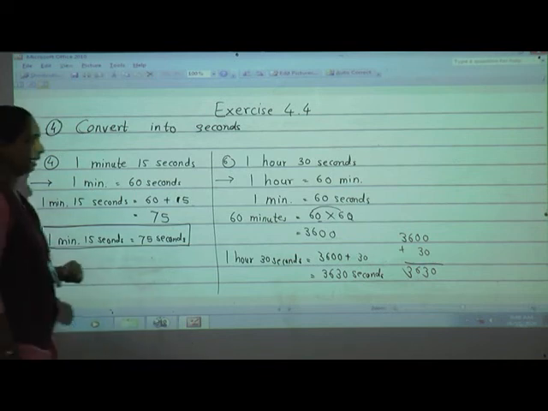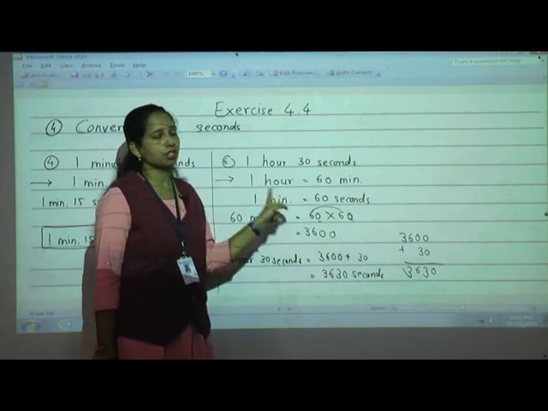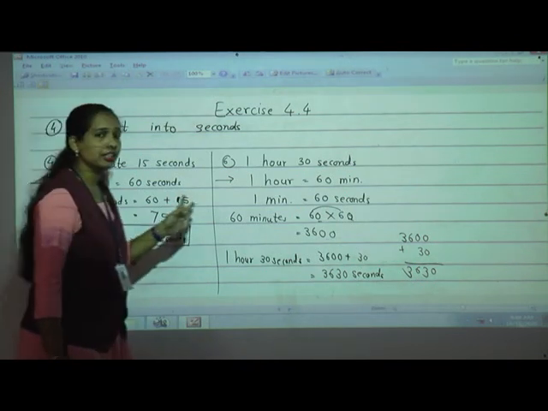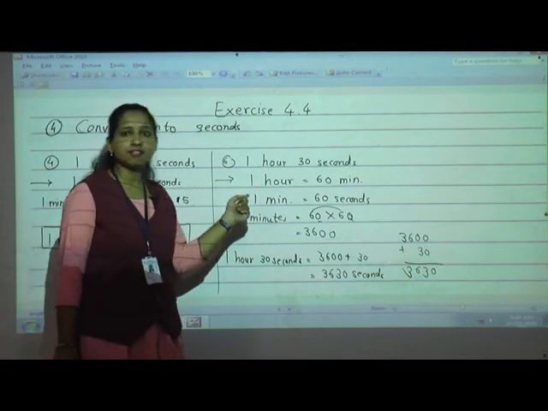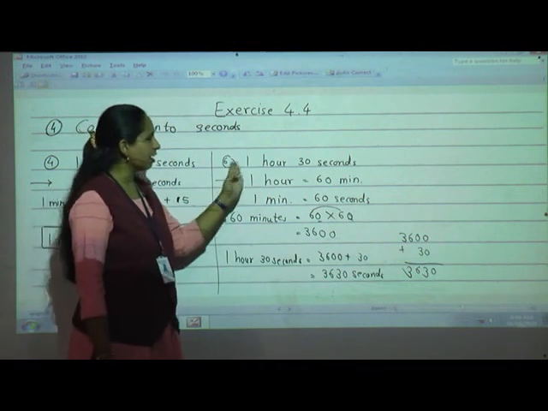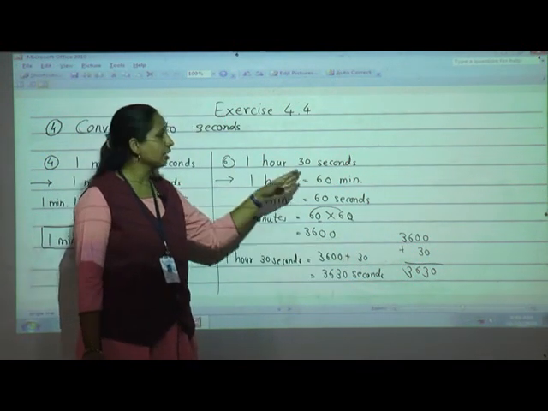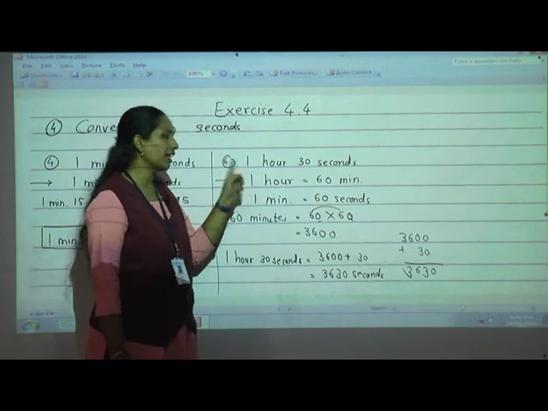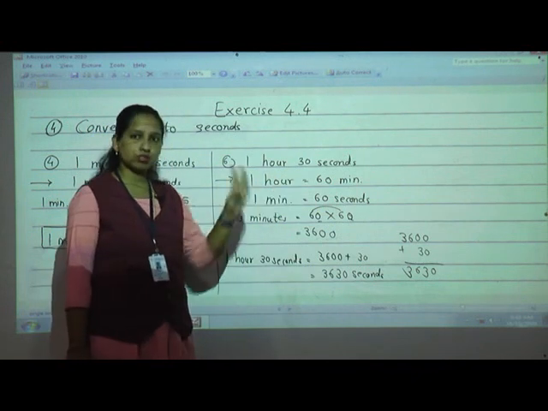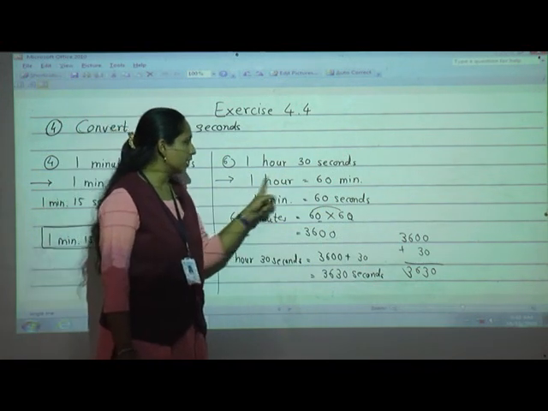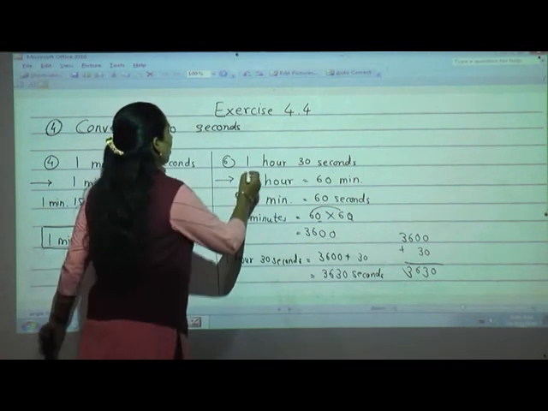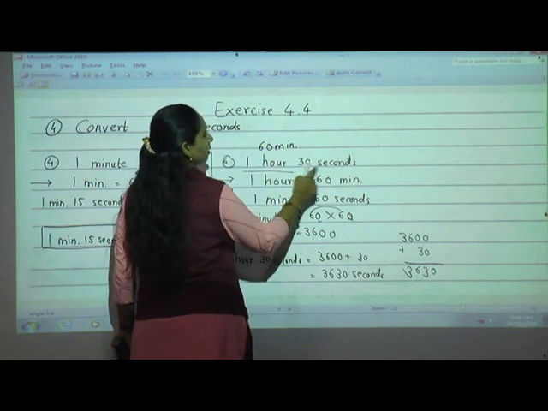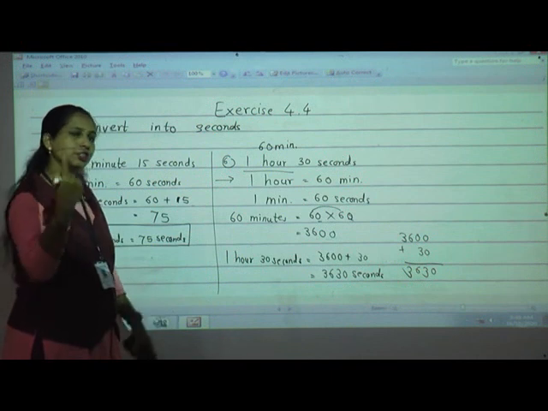See what we have done. I'll explain you once again. Now in this question, previously they used to give minutes, directly we used to convert into second. But here to make you confused they had given hours here. But no need to worry. First hours you have to convert it into minute, then whatever the minutes are there, then you have to convert into seconds. So 1 hour, very easy. 1 hour is equals to 60 minutes. Okay, so now here what we have to convert? 1 hour we have converted into 60 minutes. So the question is now 60 minutes and 30 seconds we have to convert into seconds.